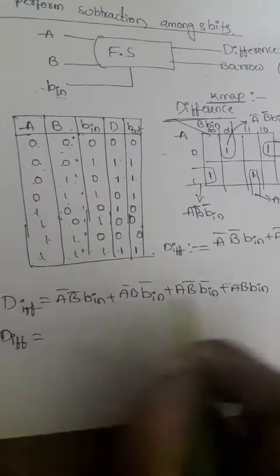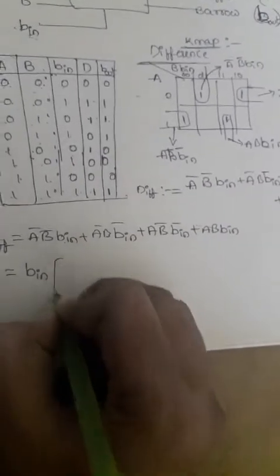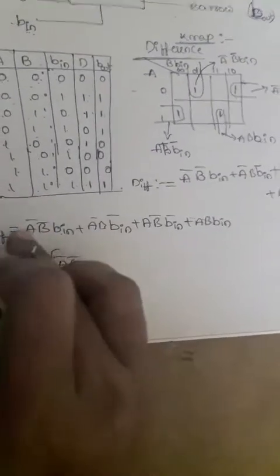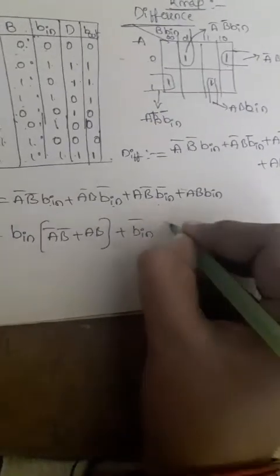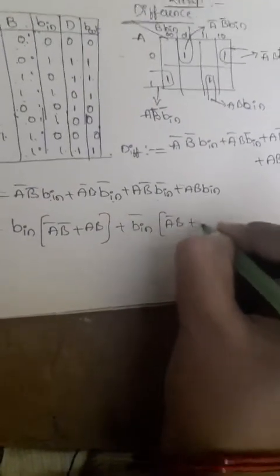So now any common terms we have in that, we need to reduce the equation. For that, if you have any common terms, then take it out. Here in the first and last terms B input is common. So I can take borrow in as common. A complement B complement as the first one and the last one is AB. Plus in that B input complement as common. So then we'll get A complement B plus A B complement.